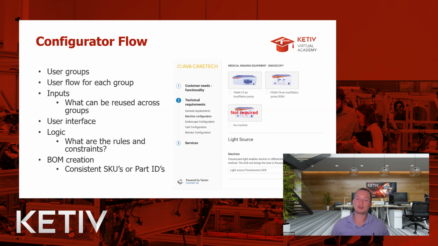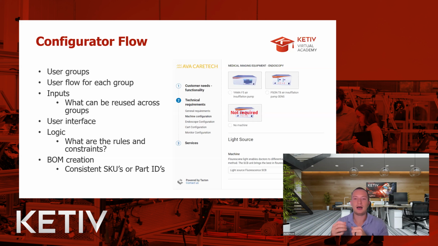What are the rules and constraints? And this again goes back to the bottom up or the top down approach. When you're thinking about parts, you can think about the logic of how it goes together and then build your way up to the user interface. Or you can start at the user interface at the top, and you can kind of trickle down to what are the different parts? What is the logic that goes into those parts? And then how do I get to my final bill of